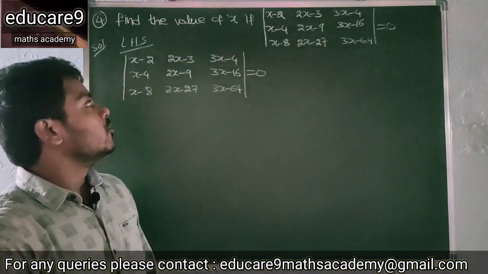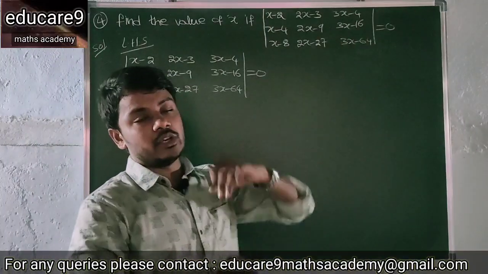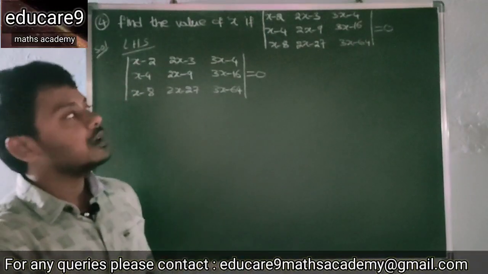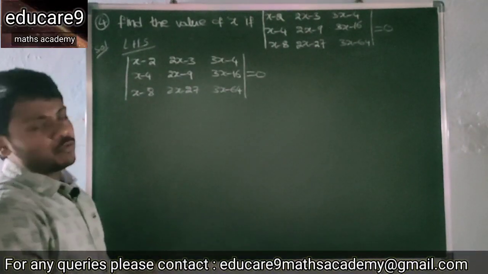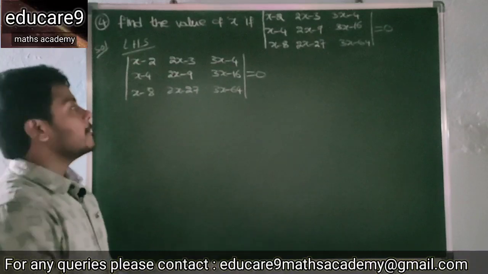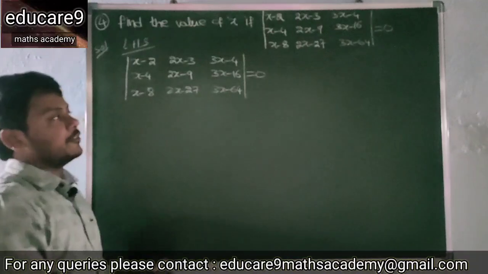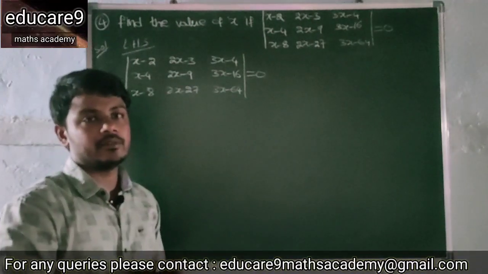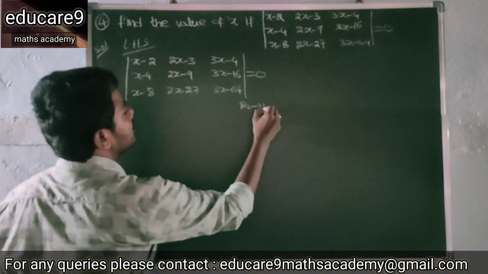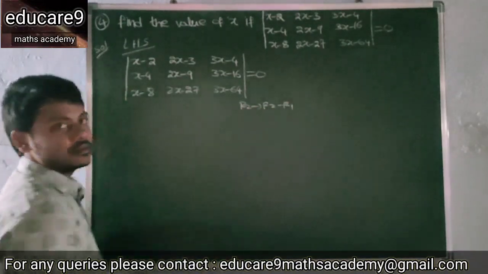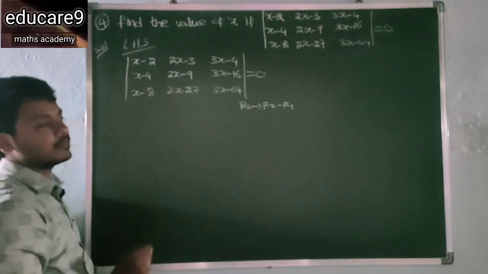So see the next one. Find the values of a. So the determinant of this value is 0. So consider this value. See here, you want to find your x value, but here all rows are a difference of two terms. So here we can reduce into single terms. See here, for that R2 implies R2 minus R1. In that case, the x terms get cancelled, and we will get a single term.